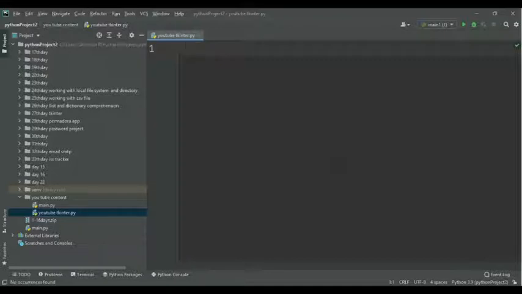Today we're going to see about Tkinter, the GUI. Most of the screen we see is a GUI, a graphical user interface. Today we're going to create a button. We're going to set up a screen first, then place the screen at the correct position and give a minimum size for the screen. Then we are giving a button, just a small button to click, and next we are creating two buttons actually.